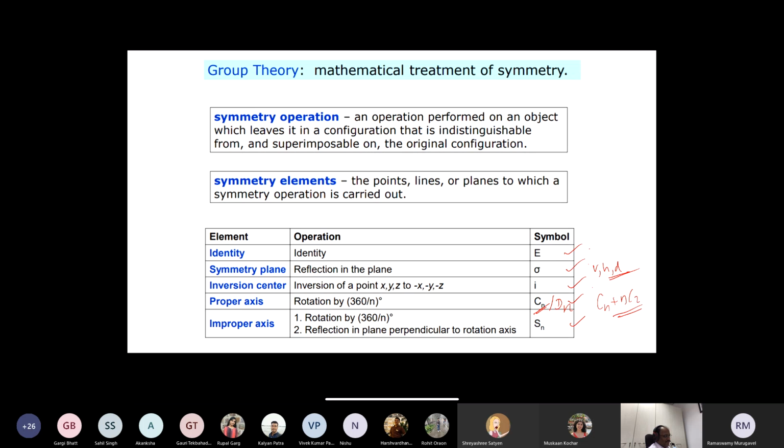Then improper axes, like the one in ferrocene I showed you, or even methane. Methane, with its four hydrogens, has an improper axis, the S4 axis. The next few slides show these symmetry operations pictorially,